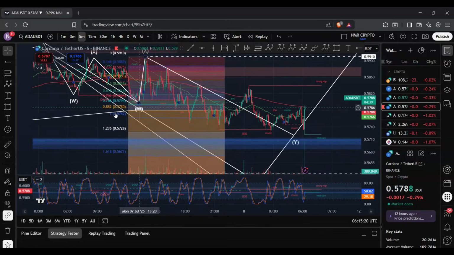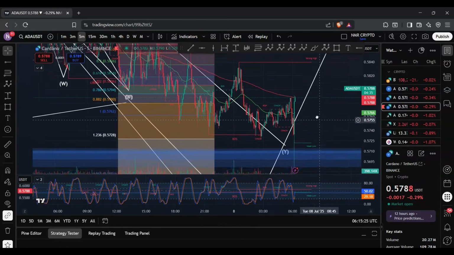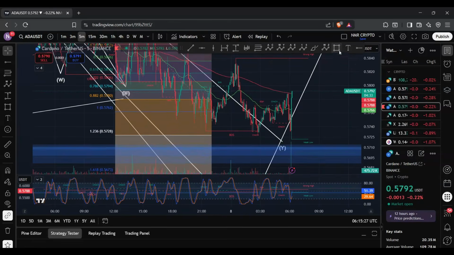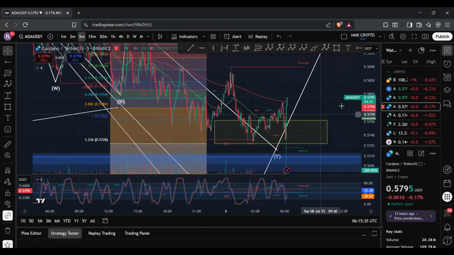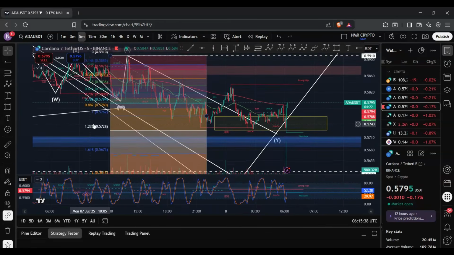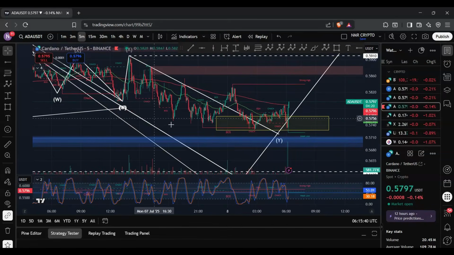So that Y wave would typically retrace between 1 to 1.226, and that region sits between 57.28 cents to 57.62 cents. And as you can see, we ended up tapping into that region. And so what I'll do is I'll check to see what's actually taking place within this Y wave,